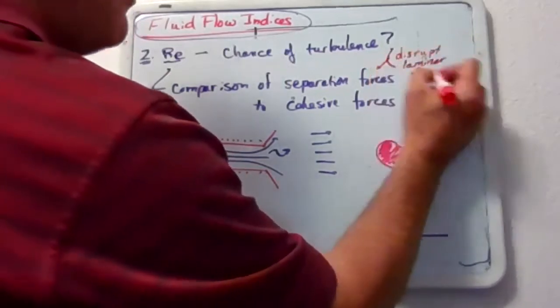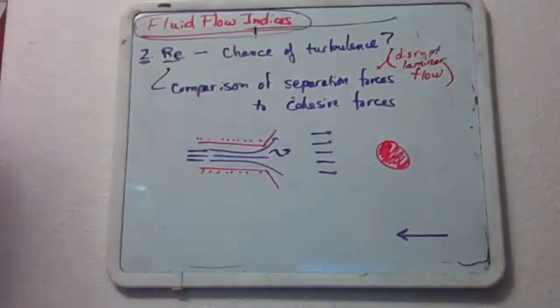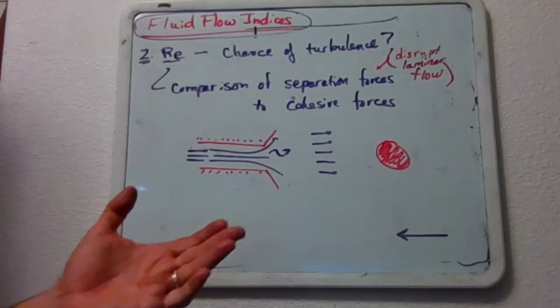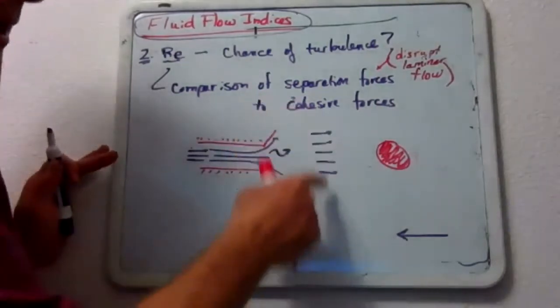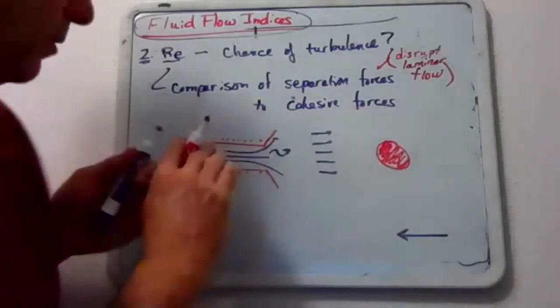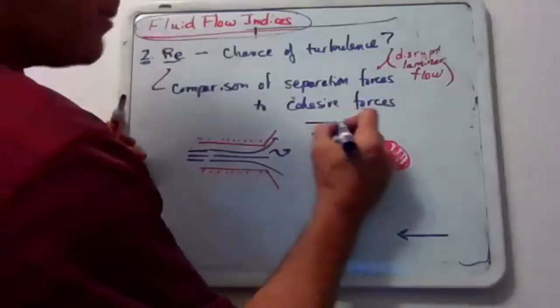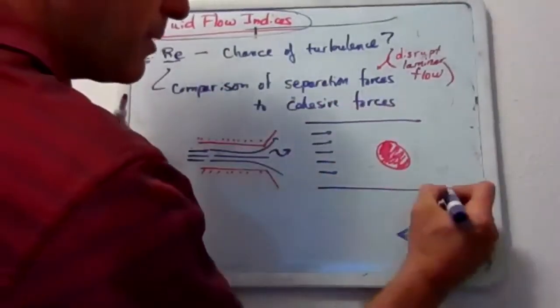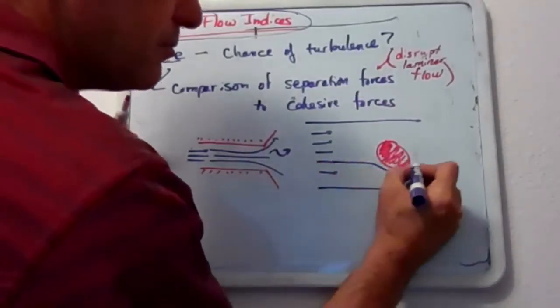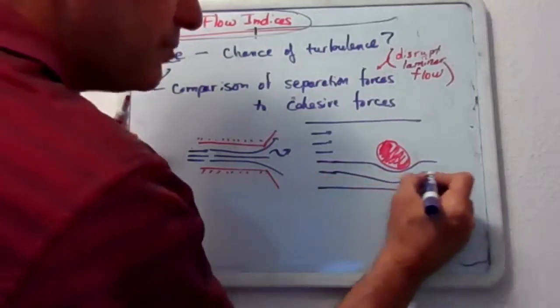I've heard some books, professors, et cetera, say, hey, separation forces are forces that would disrupt laminar flow. Okay, so we can think of there being layered flow over here. Would this rod disrupt laminar flow? Well, this line up here would probably just keep going, and this line right here would keep going. But this line right here, it needs to move down there like that, and this needs to move down as